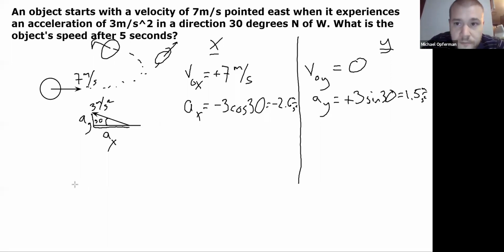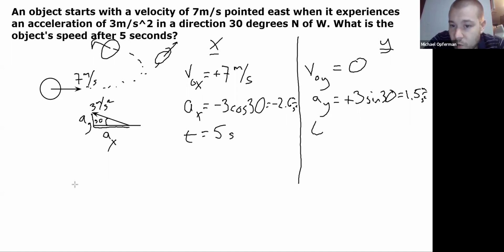Okay. What else do I know? I know that 5 seconds elapse between the initial state and the final state. So how do I break that down into x and y directions? Time is the one case where it's the same for x and y. So if you want to stick to this 2-column method, which personally helps me a lot,